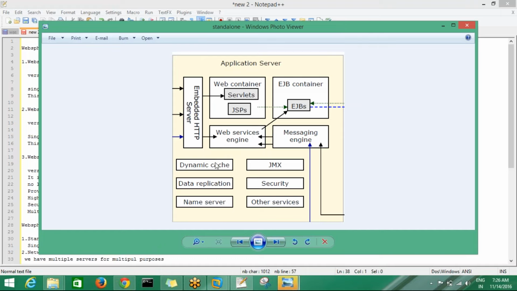Dynamic cache is storing the information about the user, and data replication is storing the copy of the user's data. Yes, correct. Okay, so this is WebSphere application server. One server contains all the features like this.